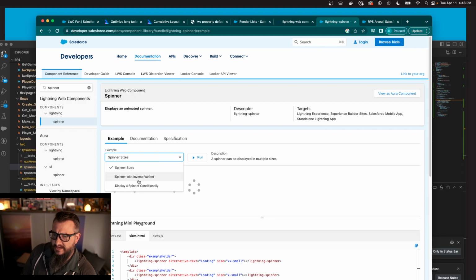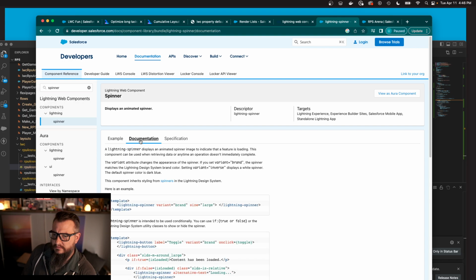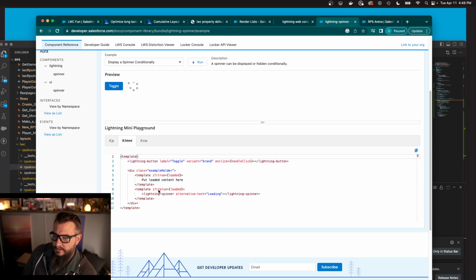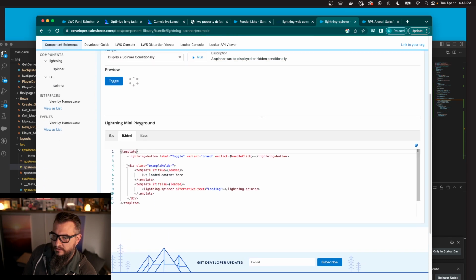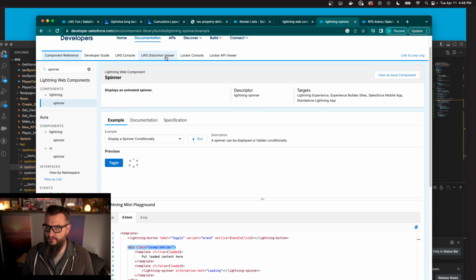Did I use the spinner improperly? I just wanted it to be in line. It displays an image spinner to indicate this can be used in retrieving data. Oh, it probably needs to be in a holder. Okay. That must be it, I think. Because otherwise it seems like it takes over the whole